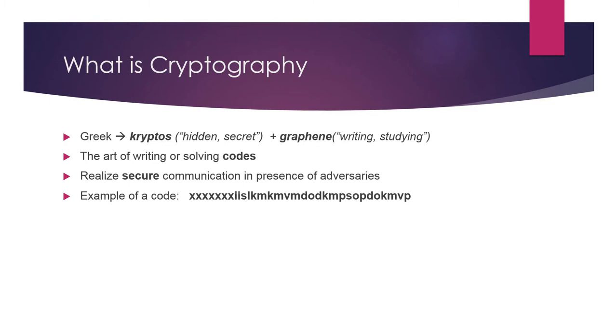So that's also one way you can define cryptography, the purpose of cryptography. Over here I've given a small example of a code. Just take a look into it. It shows some scrambled characters, right? XXX. Can you tell me what it actually means? I guess not, because it's not making any sense to you apart from some scrambled characters.